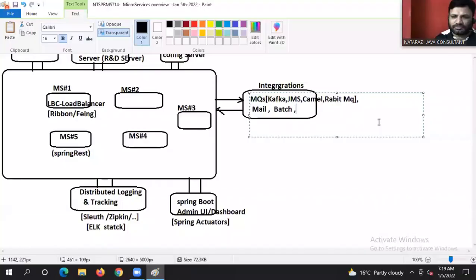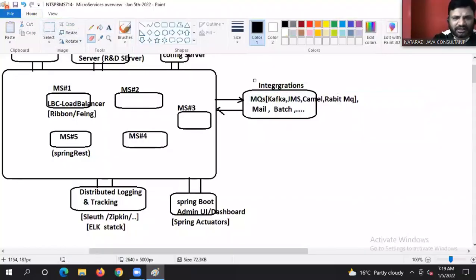So there are so many possibilities, guys. So it can have integrations. Okay, guys, we are having integrations.